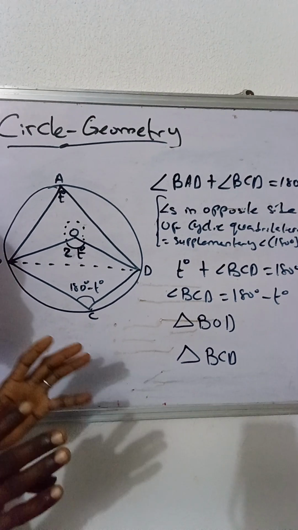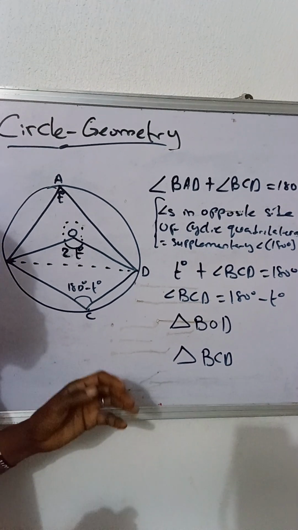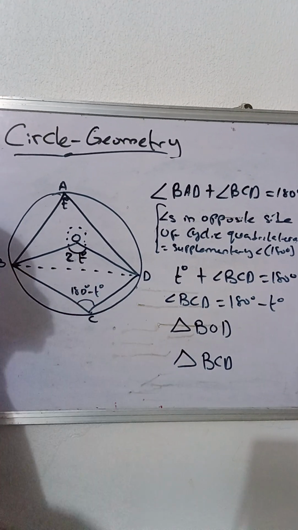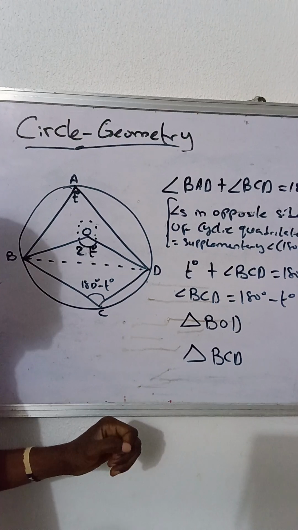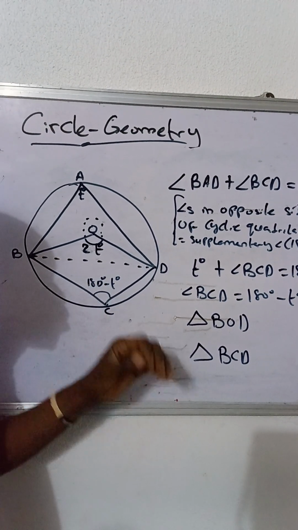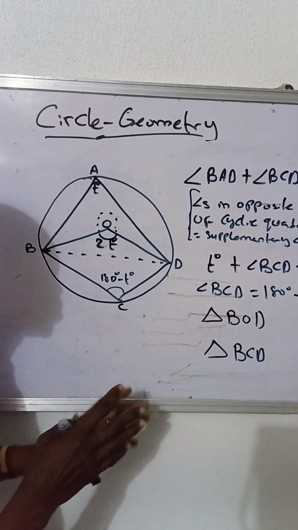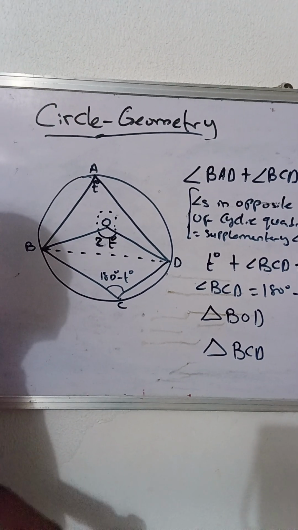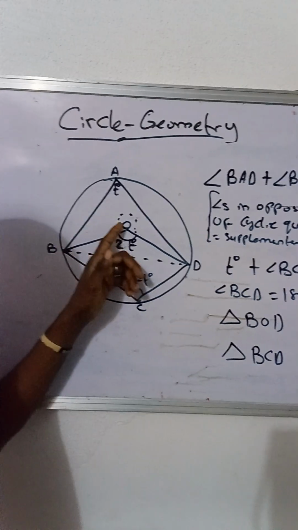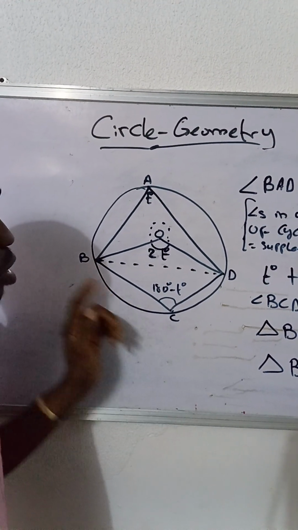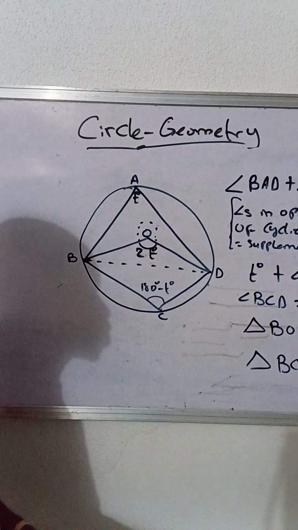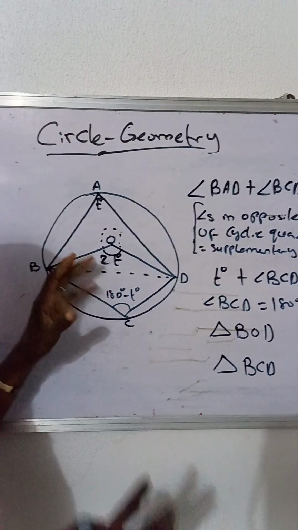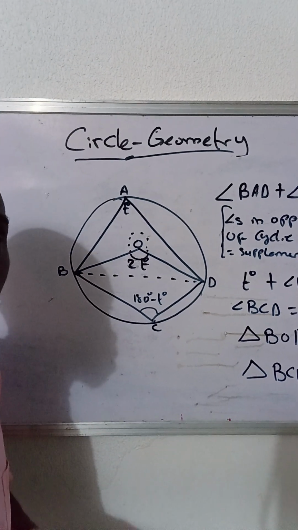So you just have to look into the theorems and the shapes given to you in the questions. In our next video, I'll be giving you more shapes so that you understand how circle geometry works with shapes and theorems. Since triangles BOD and BCD form a kind of rhombus shape inscribed in this circle,